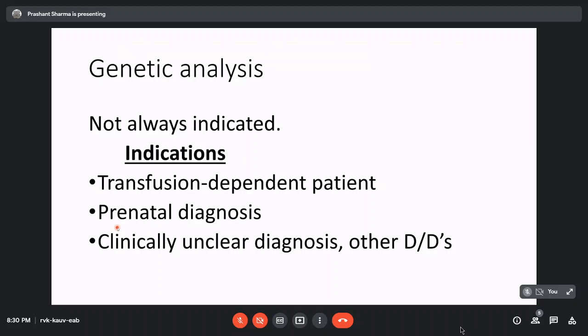And then another group sometimes is patients who have clinically unclear diagnosis and where other differential diagnoses have not been excluded. So let me just explain this. Occasionally you'll have a child who's at 8 months or 10 months of age with a high F and hepatosplenomegaly and anemia, and both his parents are beta thal trait. But remember that two beta thal traits have a 25% chance, in every pregnancy, of having a child who's thal major. So their being thal trait doesn't clinch the diagnosis for the kiddo, right?